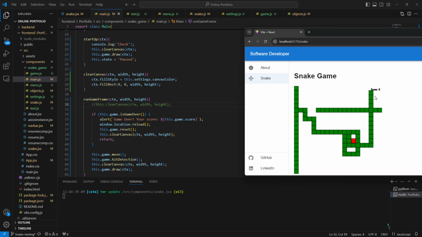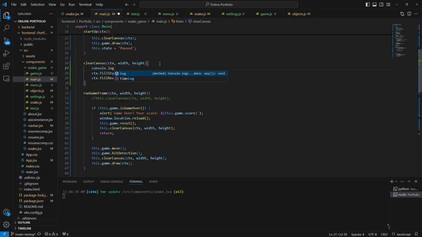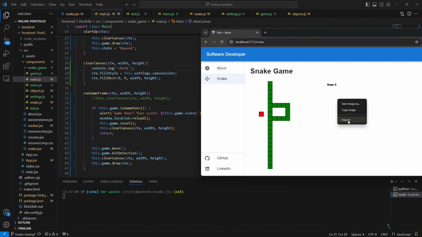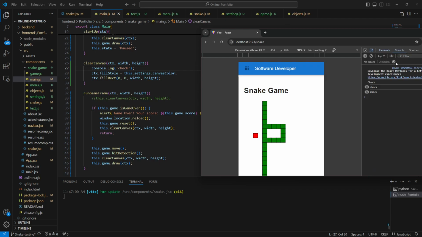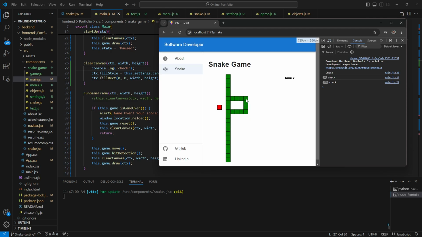So there's a couple things I'm worried about. The actual pause isn't happening, and scores being written multiple times, which leads me to believe that the actual clear canvas is not being done correctly. Let me see if it's being called. It should be. It's just a preliminary check. Make sure we cover our bases. Yes, so it's being called, but it's not actually clearing... Let me remove this. It's not actually clearing